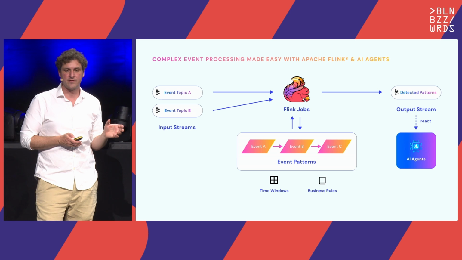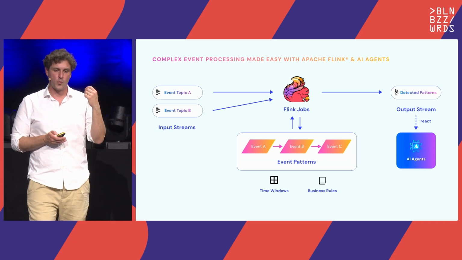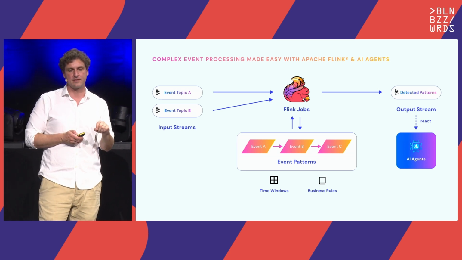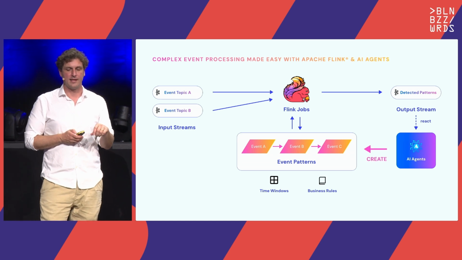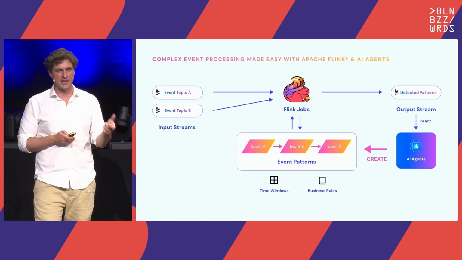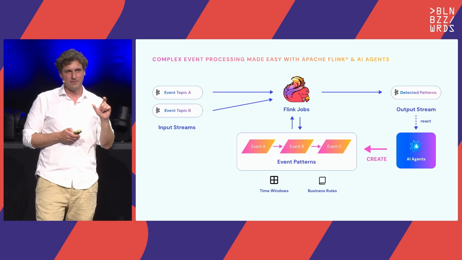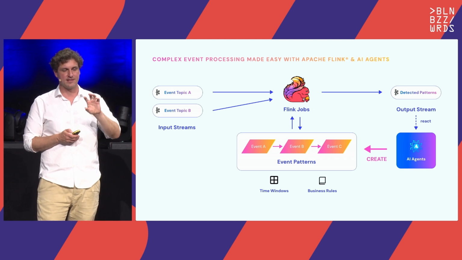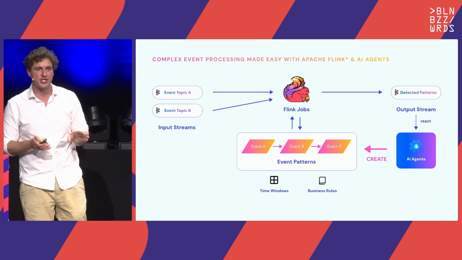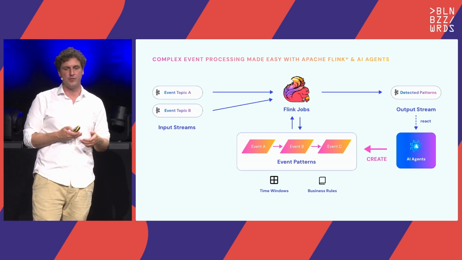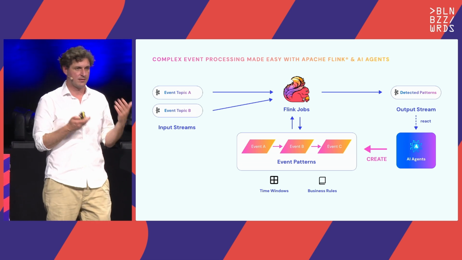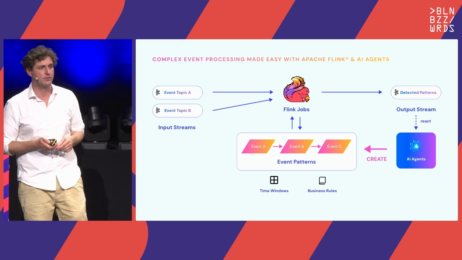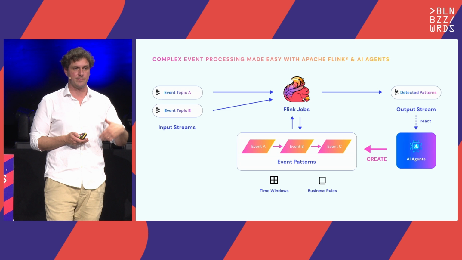What is really unique here from our perspective is that we can then use the AI agent that created this to also react to that output stream. At the same time, the agent is capable of creating these patterns, because it's specifically difficult in Flink SQL to create working patterns, since the syntax of the language is quite fragile around the subject. We often see that if humans generate this code without using additional strategies like blueprints, a lot of these jobs fail. So we can use AI to increase the productivity of the people writing these jobs,